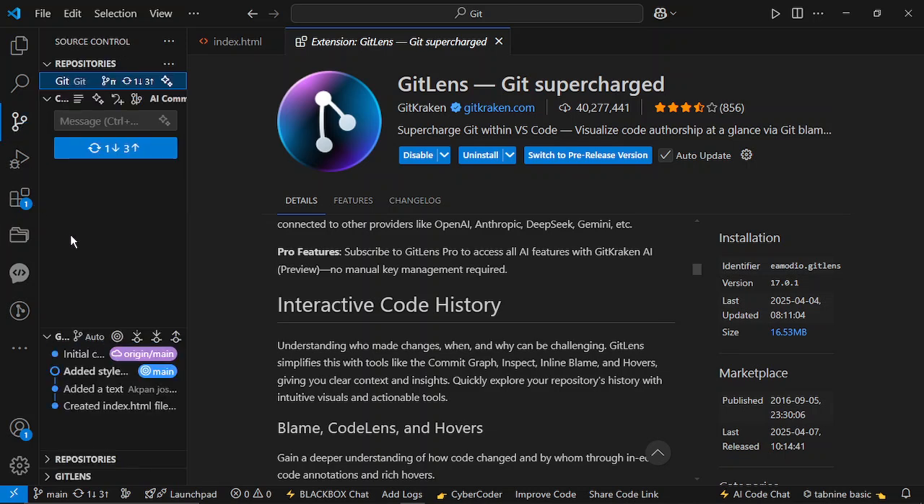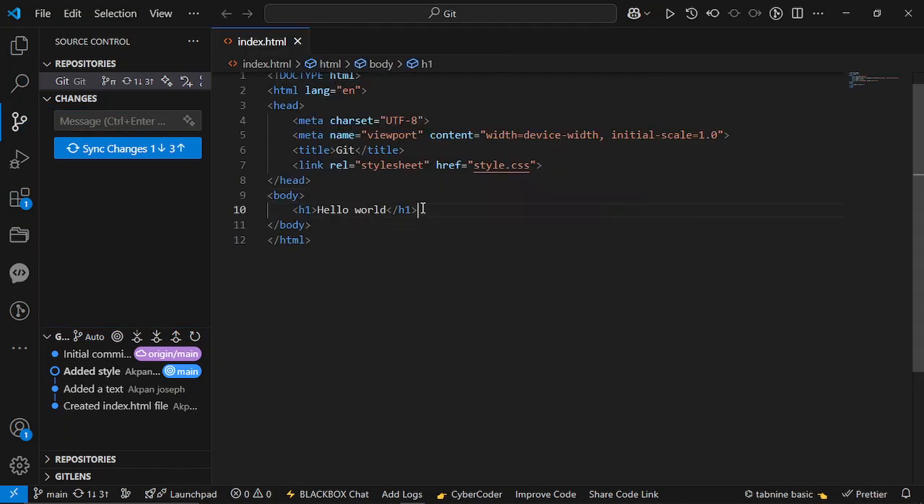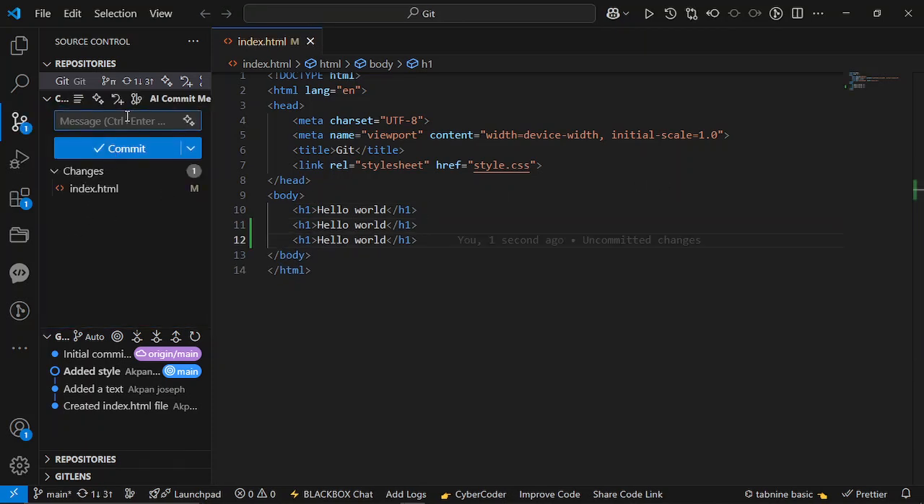So basically let me show you how to use this one from here. Now we're on the main, right? I just come here and write my commit message. So I just did a couple of changes on this file. Let's say I added two hellos, right? So all I just need to do is to come here and do